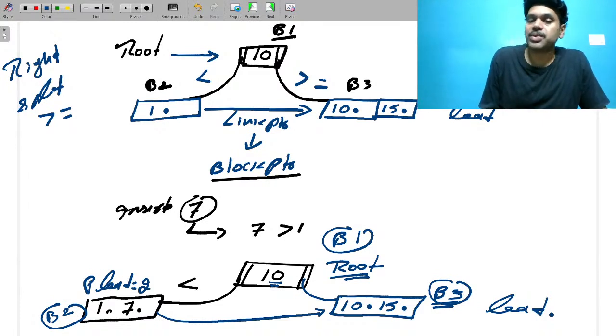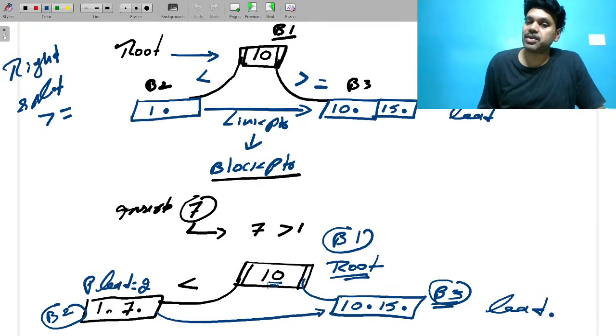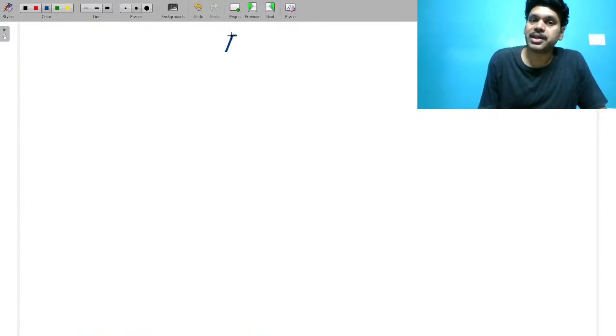So when you want to insert 8, please look carefully. 8 is lesser than 10. Otherwise, 8 is greater than 1 and greater than 7 and lesser than 10. So 8 is supposed to be inserted on the left hand side only. Therefore, if you look at your structure, there is a 10